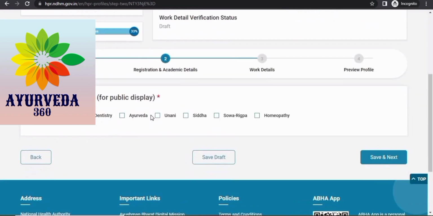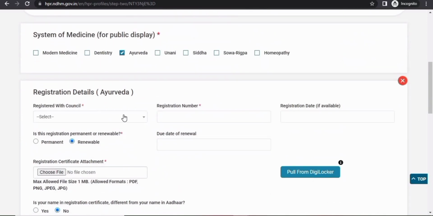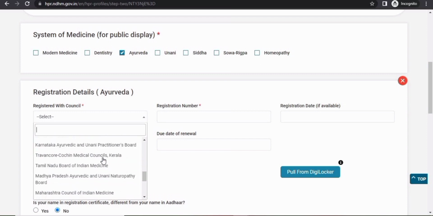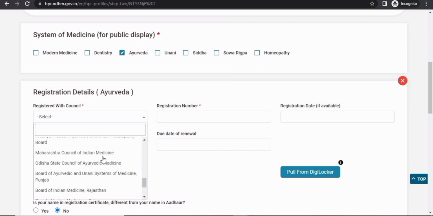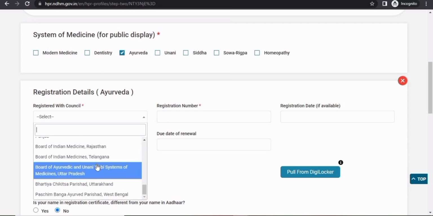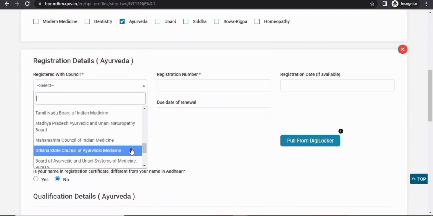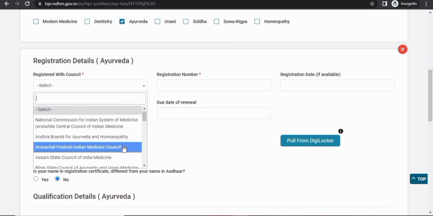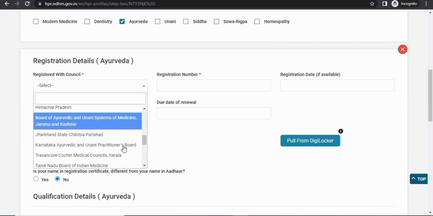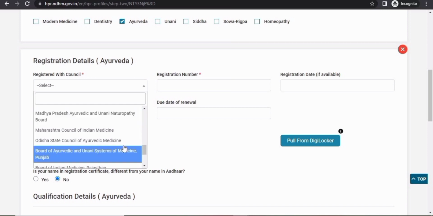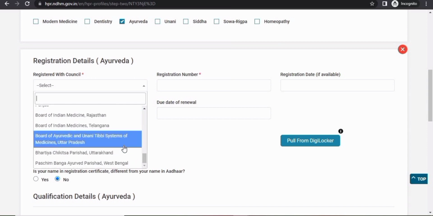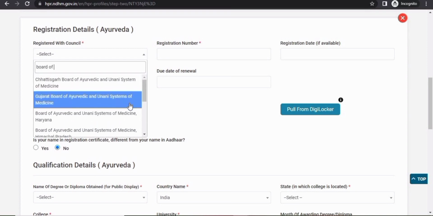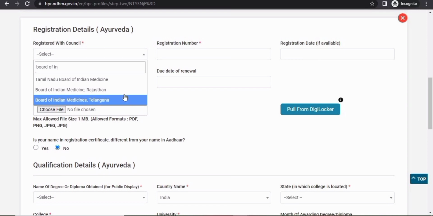For this purpose, you require certain documents. As I already mentioned, the registration certificate is a must. So choose the council where you are registered. All the boards are mentioned in a drop down box. One advantage of the drop down box is that the boards are already there in the portal, so you need not worry, and at the same time you need not type each and every letter. You can give the keyword and the drop down box will show you. For example, I am typing here BORD, Board of